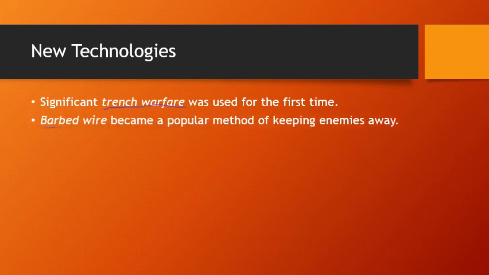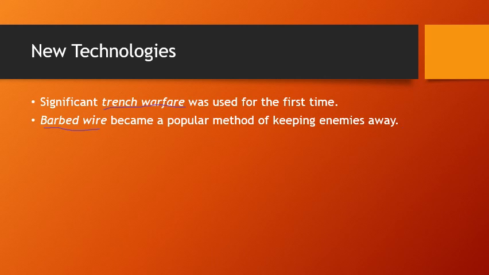You see barbed wire. Barbed wire had been around for a while. Barbed wire was first created in the 1850s, popularized in the United States as a way to keep cattle from grazing in other people's land, because there are these pronged ends that can catch your clothes or stick you, and they're really messed up. Barbed wire became a thing that would be used in the war effort, where you put barbed wire up at the edges of your trenches, and that would prevent your trench from being invaded.